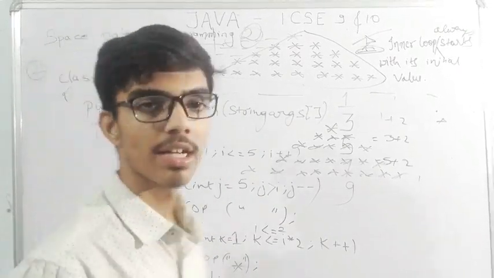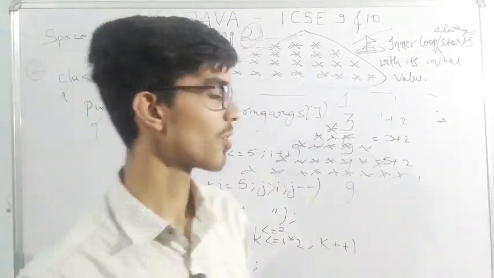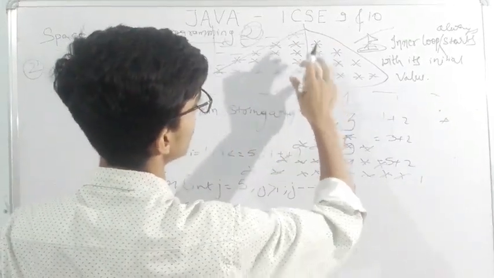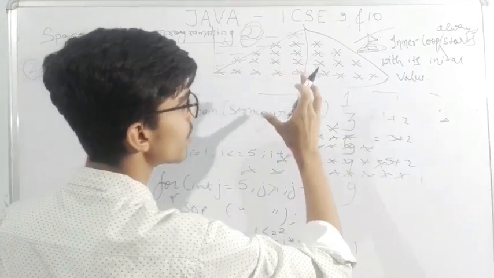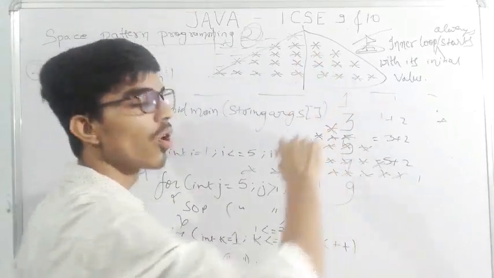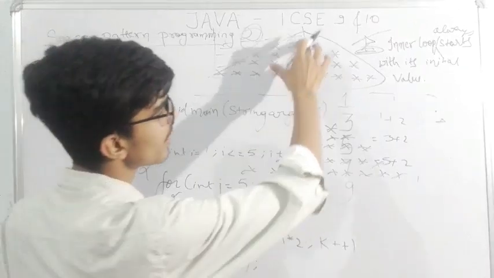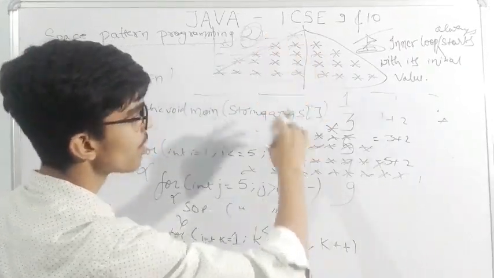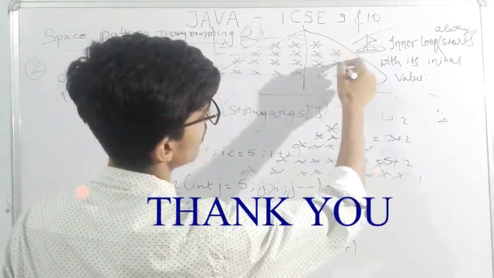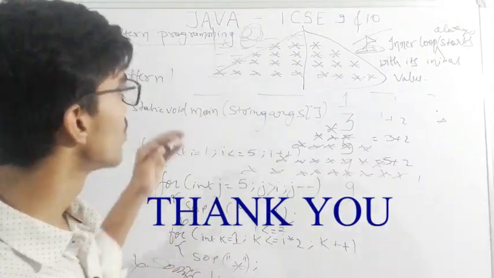So these were the important programs, or the most asked programs. From this we can make many programs, like if we can print like this by breaking it into 3 parts. But if we need all together we can use this logic, or we have another logic. Before we have done this program, we'll do one more loop, and we'll print this: 1, 1 2, 1 2 3 and 1 2 3 4. This is also one easy way to do this sum.